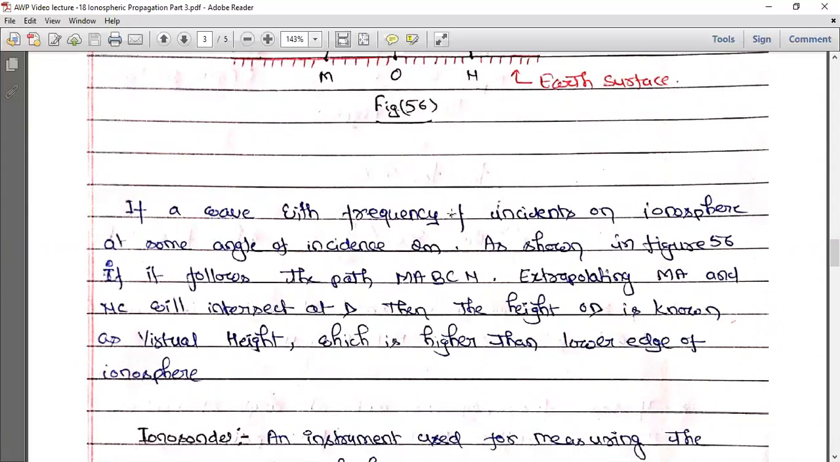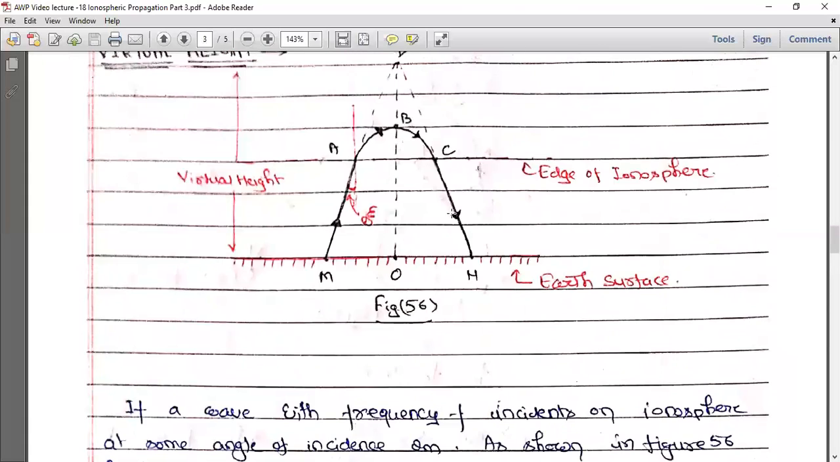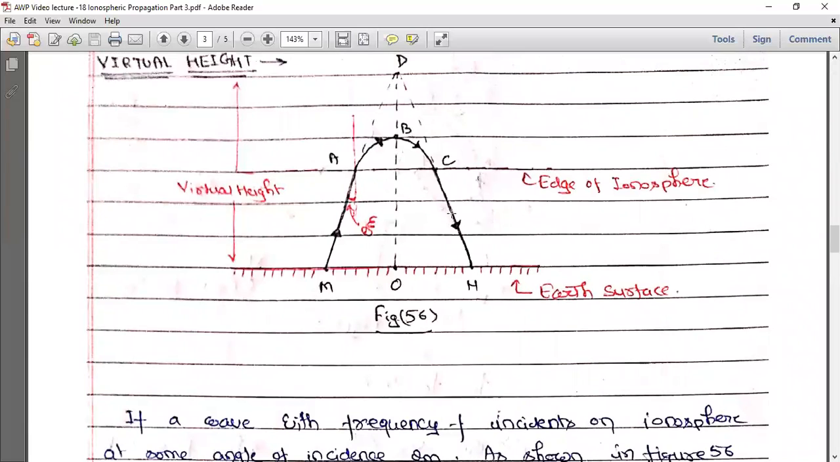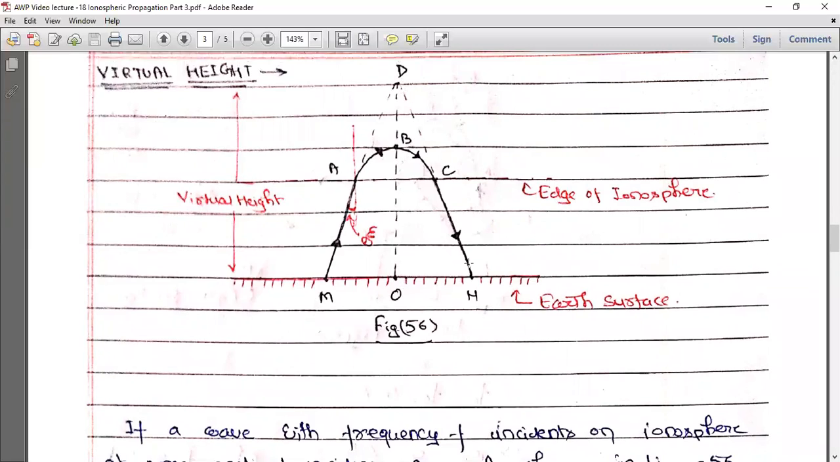virtual height? So this extrapolation of incident wave and reflected wave, MA and CN, they intersect at point D, and this distance, this largest height from Earth's surface, is known as the virtual height, as you can see in the figure. Okay, now this virtual height is measured using